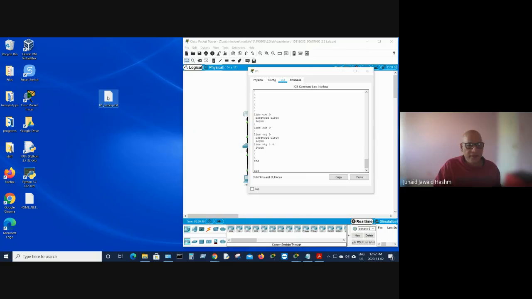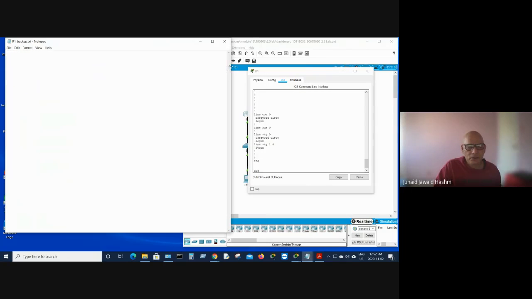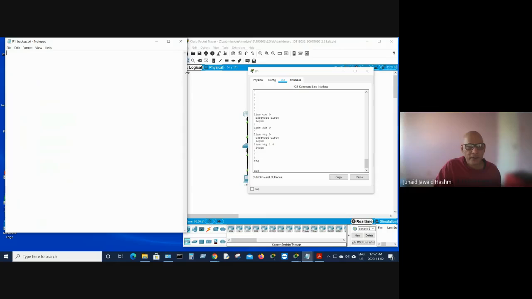All right, so you created the text file. Open the text file and just put it at the side here. Okay, and then you go to your R1